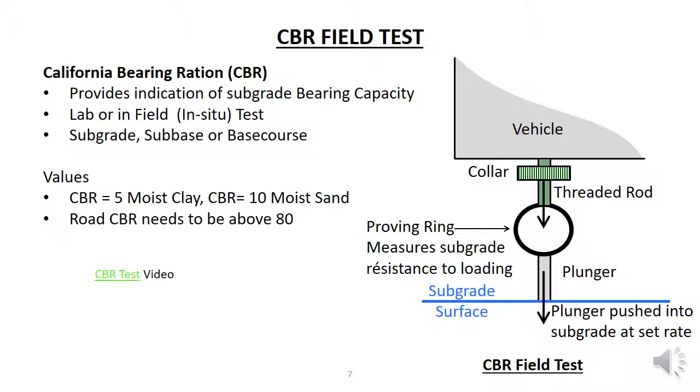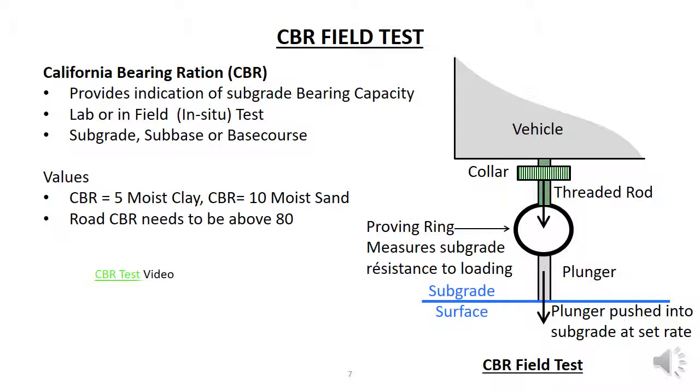There is a set procedure for the CBR test, so the test provides an accurate indication of how the material will behave under load. The designer would have determined the bearing capacity of the soil from the CBR lab tests and designed the road pavement assuming that the subgrade would meet that bearing capacity. Therefore, we need to check that the subgrade has the required bearing capacity during construction, so we do the CBR